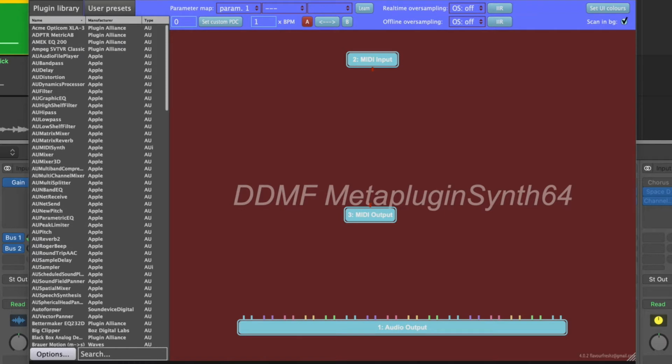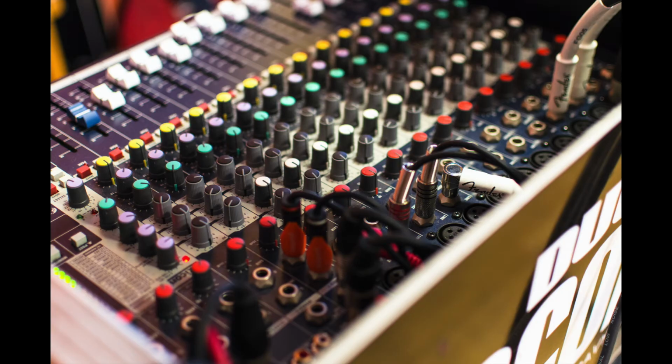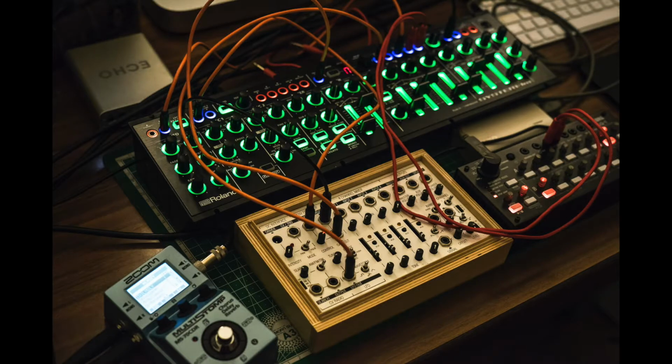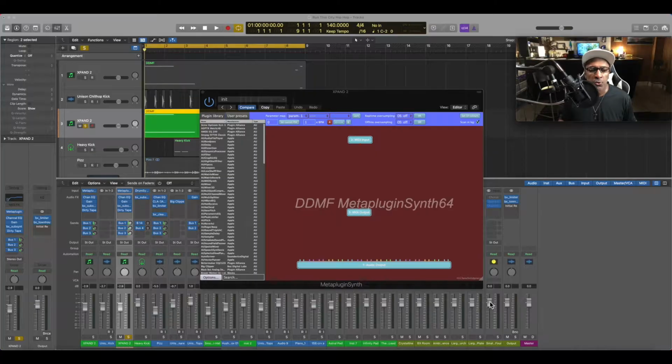All right, so we're going to be talking about the DDMF Meta plugin. Now, this is a virtual patch bay. You've seen engineers have a patch bay where they're patching cables, compressors into equalizers, equalizers into delays, delays back into reverbs. This is the same thing, but it's virtual. So I'm not going through a tutorial on this. I just want to show you how you can create